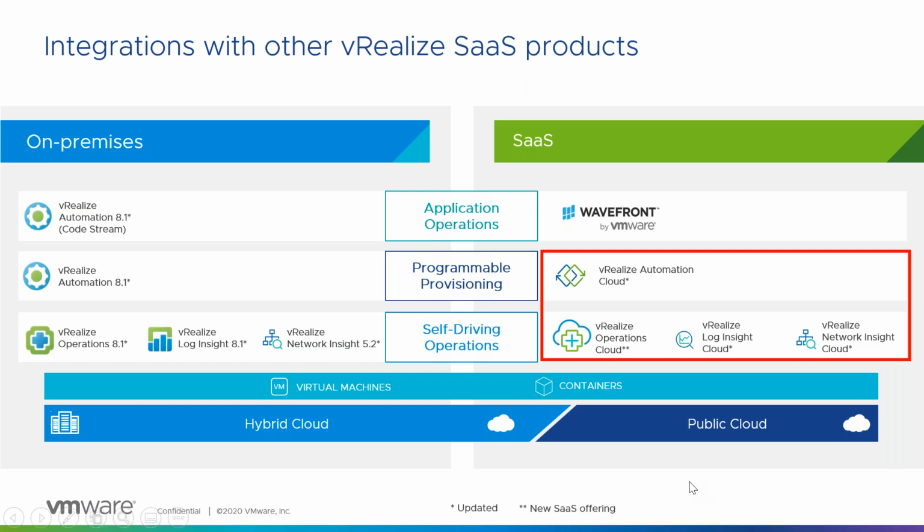So that won't affect the functionality of vRealize Operations Cloud unless you enable those services. One thing to note, vRealize Operations Cloud will work with any of the cloud services. If you're using on-premises versions of the vRealize products, then you'll want to stick with vRealize Operations on-premises, the 8.1 version. So this is for our customers who have really bought into the value of software as a service,